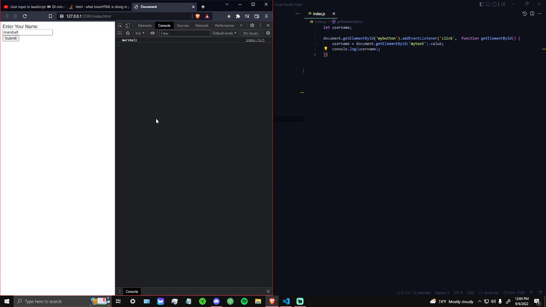So what I'm trying to do, my goal here, or the site's goal for the moment, is to take the username that the person enters. First of all, we had to make a button and input prompt for them, or an input section for them. We then try to take that information and store it somewhere. So we use document get element by ID and whatever is submitted from my button. Yeah. The event listener is the click,